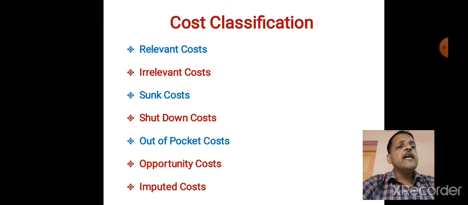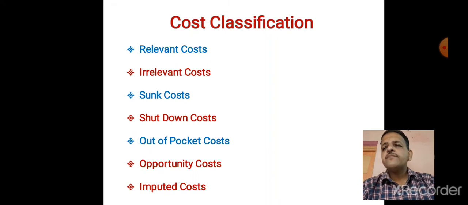Now, if we take the alternative of exchanging that machine, we can get 2 lakh for the old machine. A 12 lakh machine we get at 10 lakh. But in the alternative case, we have to incur 12 lakh for taking a new machine, and our old machine is sold for 1 lakh 60,000. So 40,000 loss we have to incur. So in alternative 1, replacement, we get 2 lakh for the old machine. In alternative 2, we get only 1 lakh 60,000 by selling our old machine. Such costs are known as relevant cost.